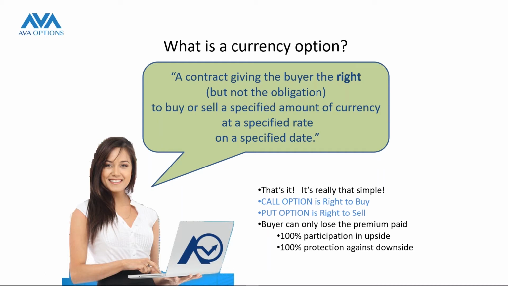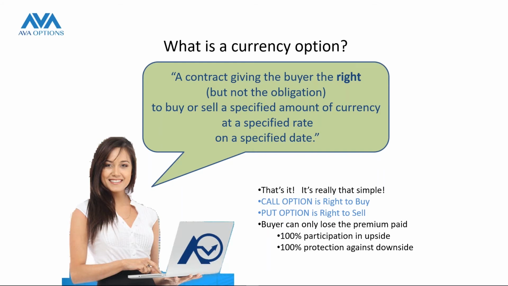And that's what differentiates it from the trading that you're typically doing in other platforms like MetaTrader 4 or MetaTrader 5, because in those platforms you simply buy or sell. Here you have the right to buy, but not the obligation. If you have the right to buy, that's called a call option. The right to sell is called a put option. The right to call something away from your counterparty is the right to buy at a known price in the future. And the right to sell, the put, is the right to put it back to your counterparty.